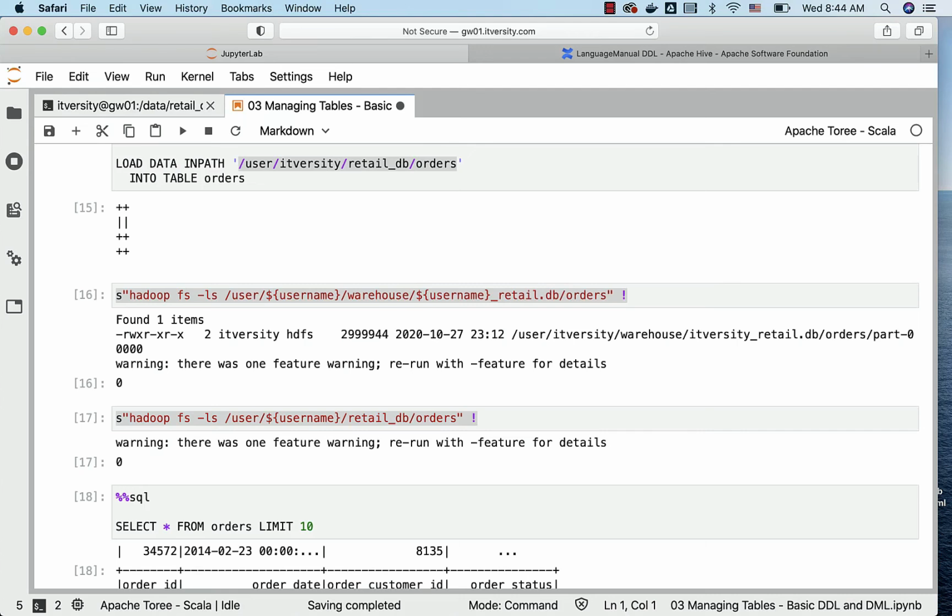However, keep in mind that it will move the files, not copy, and hence the files will be deleted on the source. For that reason, when you use the load command to copy from an HDFS location to a Spark Metastore location, make sure you have the required write permissions on the source location. Then only it will work. Otherwise, it will not work.